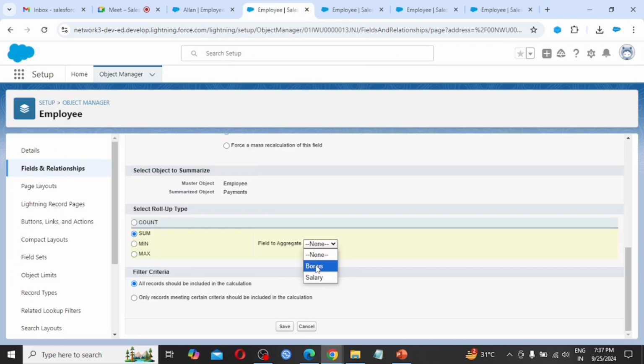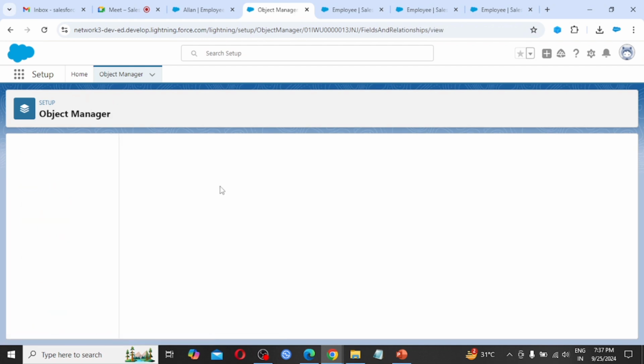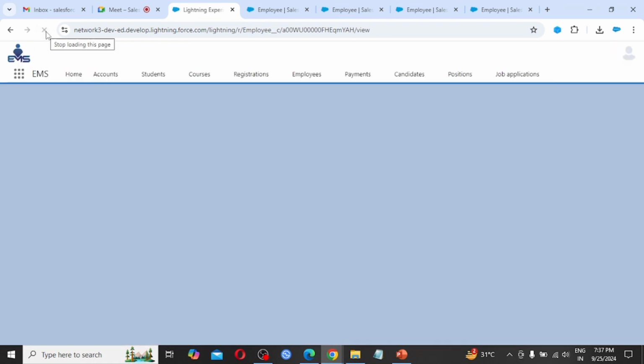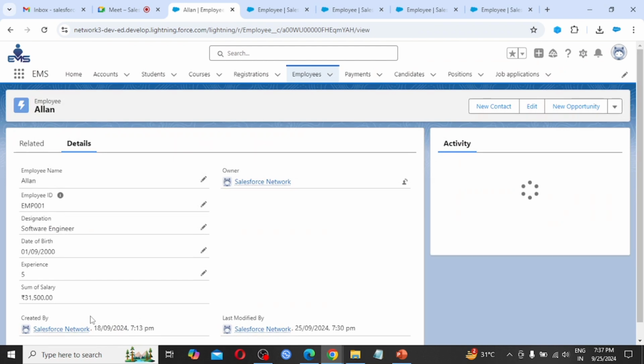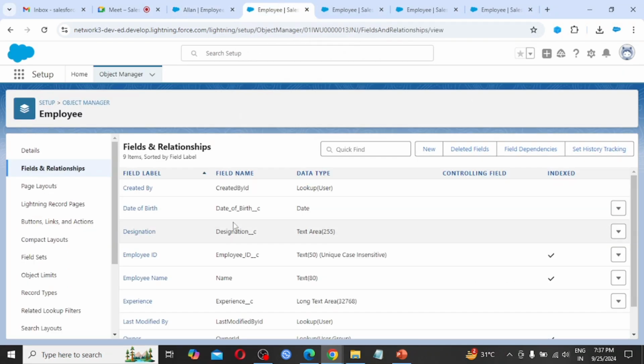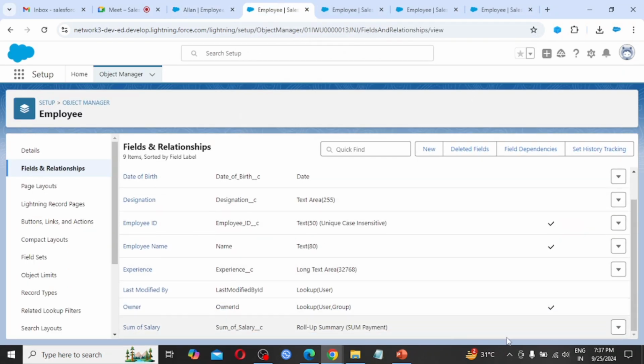If I want to know that for the bonus, click save. Sum of bonus, it is going to display. So sum of salary, sum of bonus, it is going to display. Refresh the page. He got the bonus in 4 months, 31,500. Again coming back to this field and making it sum of salary itself.